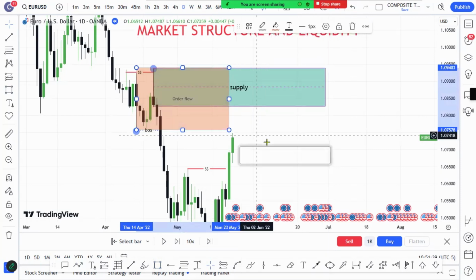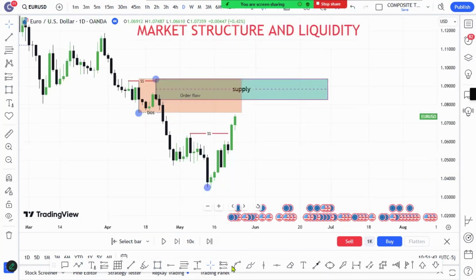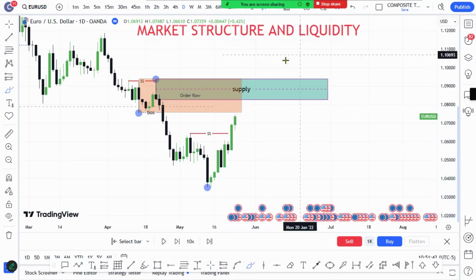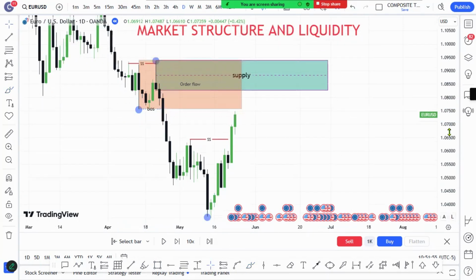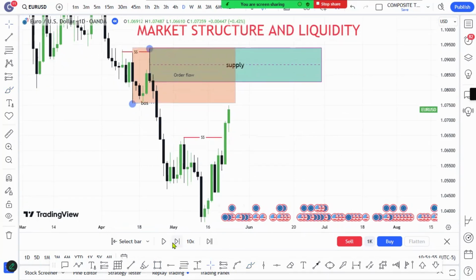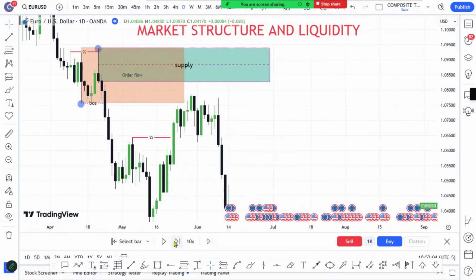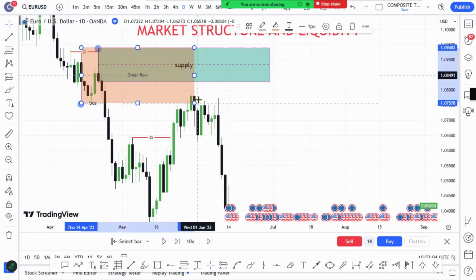Order flow, yeah. So at some point, the market will just mitigate this order flow and fail to go to your supply zone. What I mean is this: the price will mitigate the order flow and push to the downside, because all of this is a zone of accumulation of orders, and hence the price doesn't need to push to your extreme levels. So let's see what happens here. Mitigation of the order flow. Okay, what happens? You can see price failed to push to a supply zone, but mitigated your order flow and pushes to the downside.